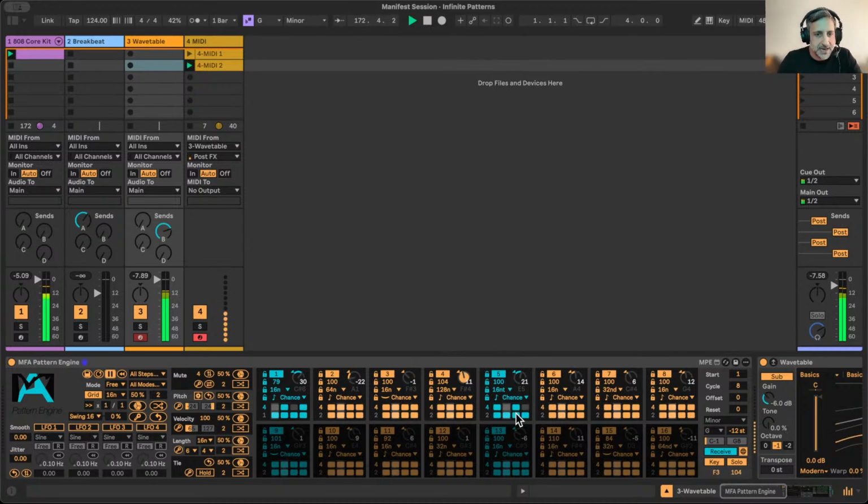Another way to obtain that sort of feeling would be, I'll take this last step here, and let's have it controlled by LFO1. Now, by default, LFO1 doesn't do anything to it because there's no motion assigned. So we have to assign some motion to it. And now it starts moving up and down at the rate specified here. If I want it to be anchored a little higher up, then I'll put the center up an